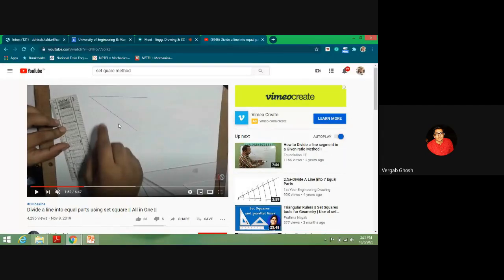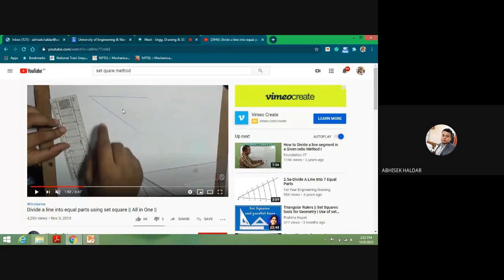Sir, what they are teaching, we will continue doing that in the copy. I'm not getting you, what are you asking? I am explaining the set square method. You will need this method when you draw the diagonal scale. Now you just try to understand it. You can practice it later. I am also recording this video, you can see it afterwards also.